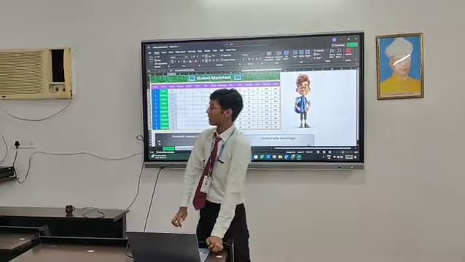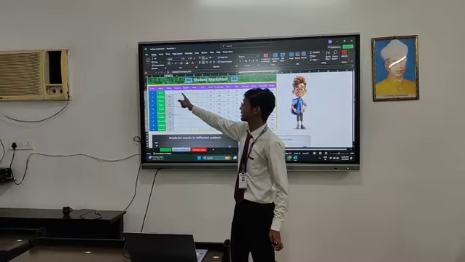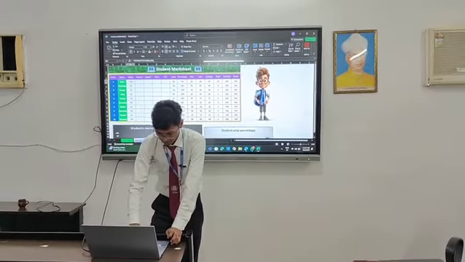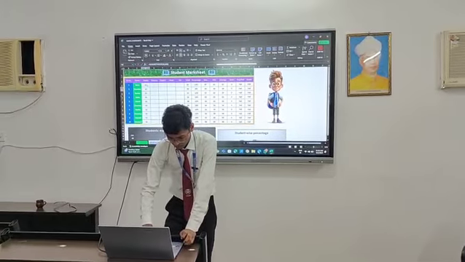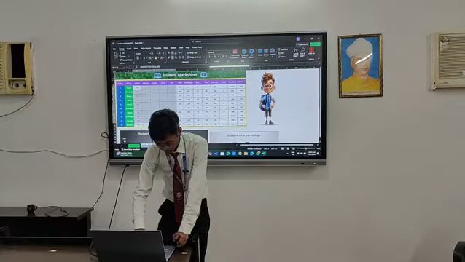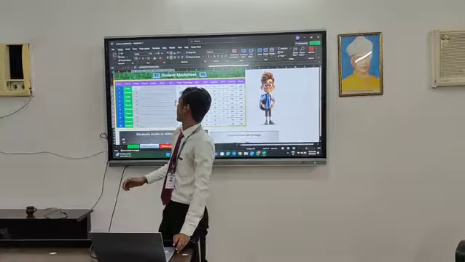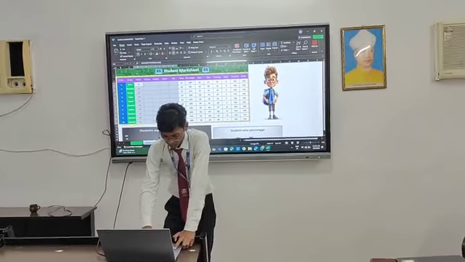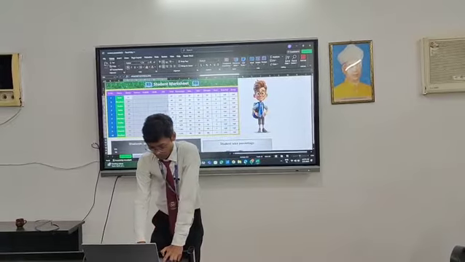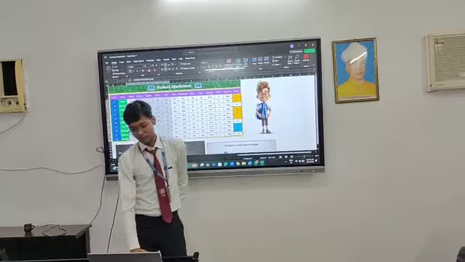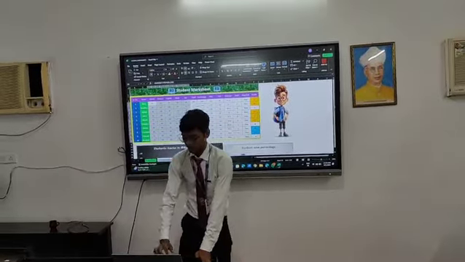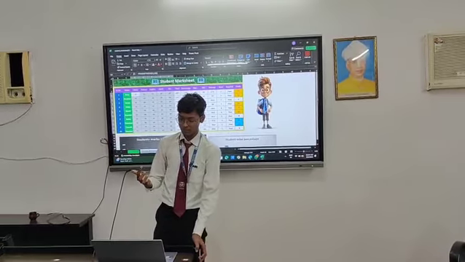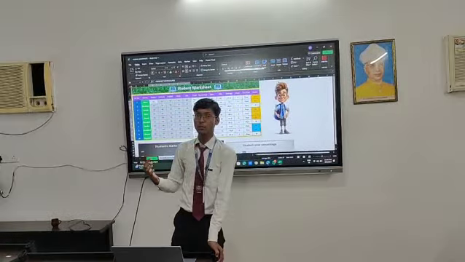Now I want to fill data in these vacant cells too. So I will first of all select all these columns. Then, as you can see, these cells are on the right hand side, so I will press the shortcut key Control plus R. And as you can see, it automatically got filled. But since I have generated these numbers using the equal to RANDBETWEEN function, these numbers are not static. These are dynamic. They will keep on changing.